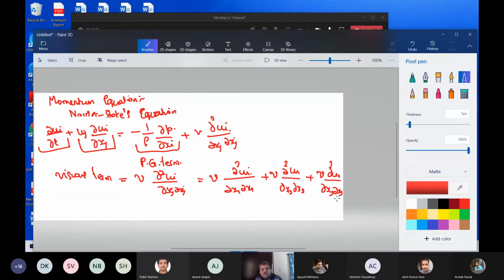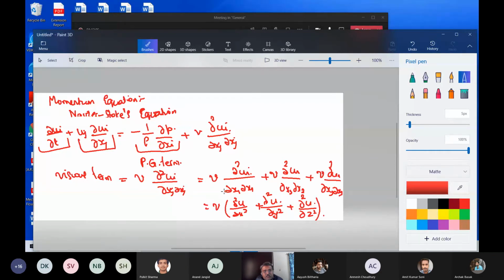If you look at the very basic, very simple type of equations, in some books about basic fluid mechanics, you will see it written as nu into dou square u by dou x squared plus dou square u by dou y squared plus dou square u by dou z squared. All of it will be written like this. So there is no difference. That is what we are trying to show here.